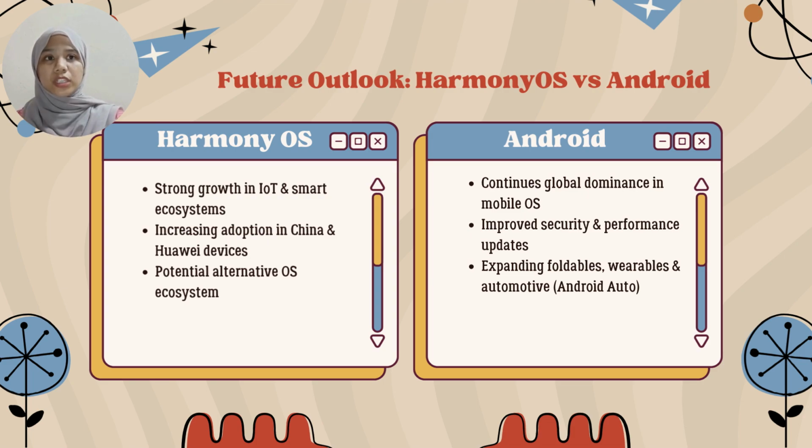Looking at the future outlook, Android is expected to continue dominating the global mobile operating system market due to its mature ecosystem and strong developer support. HarmonyOS, however, shows strong potential in the future, especially in IoT and multi-device ecosystems. Its adoption is growing on Huawei's platform, particularly in China. Overall, Android leads in the present, while HarmonyOS focuses